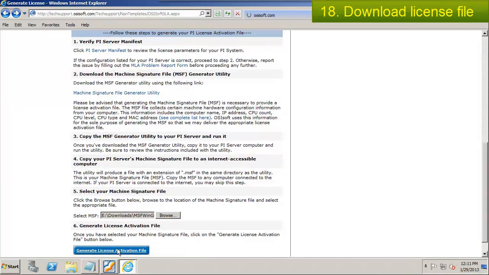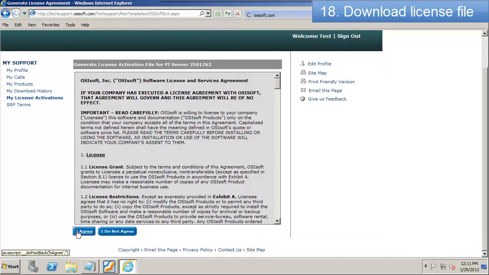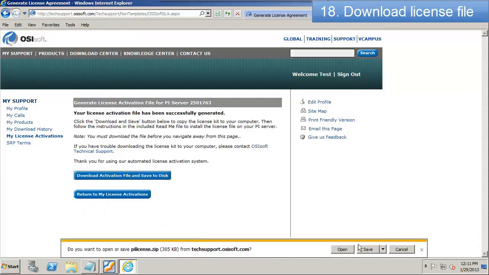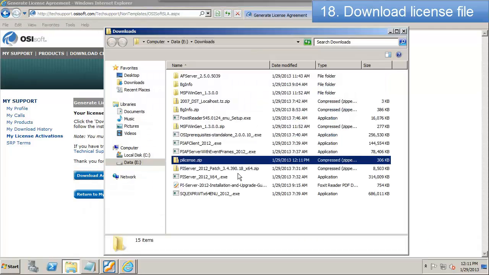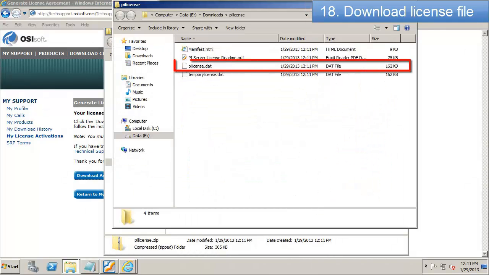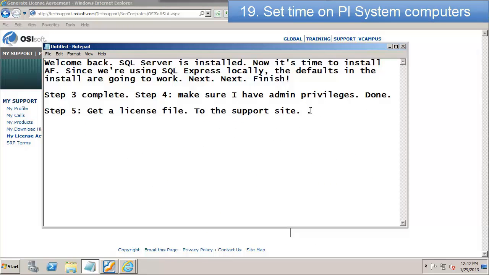So let's go ahead and click on the Generate License Activation file. I need to agree to the license agreement, and now I can download my license file. I've extracted it so that the install kit will be able to see it when we're ready to run it. And the next thing we need to do here, step 6, is going to be to set the time